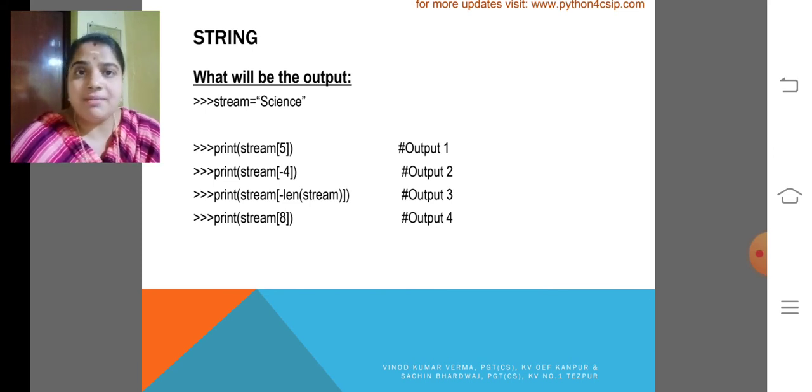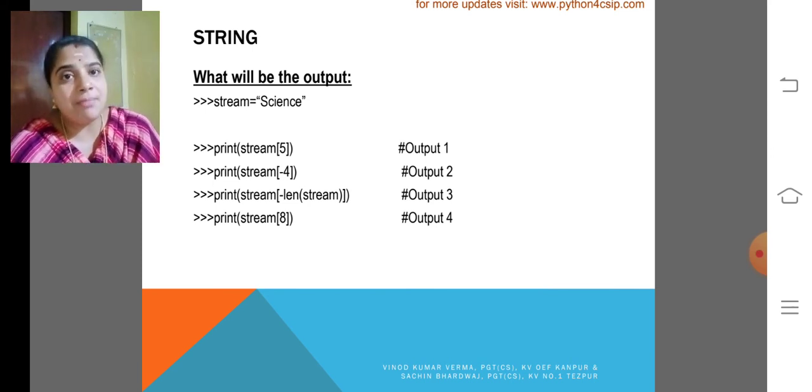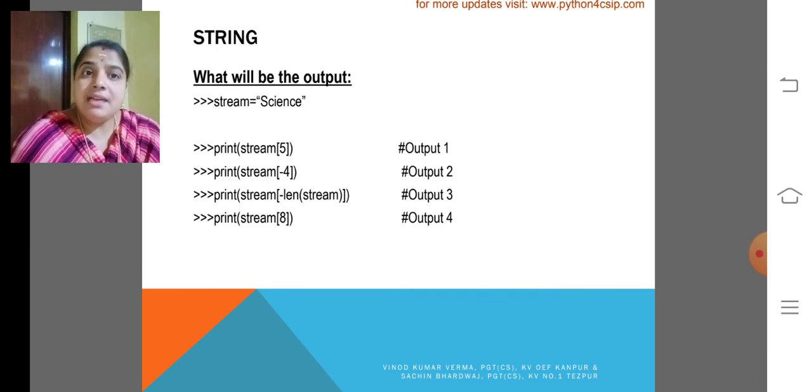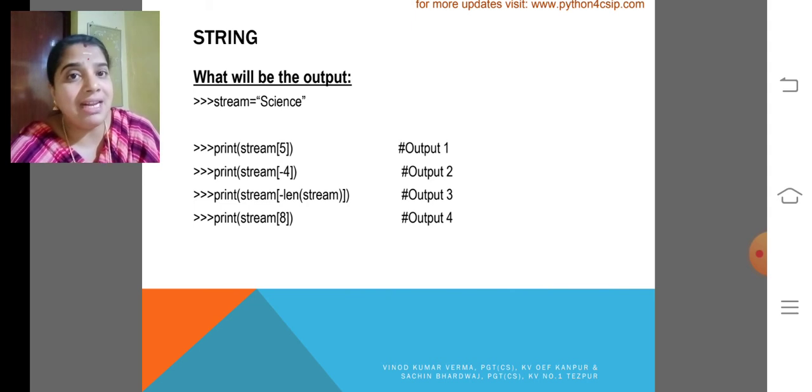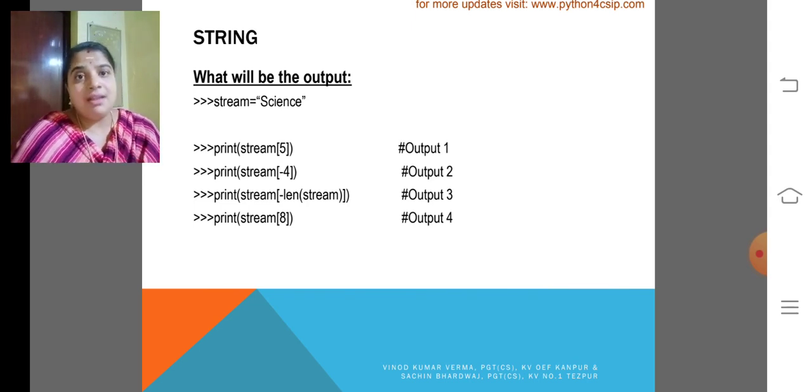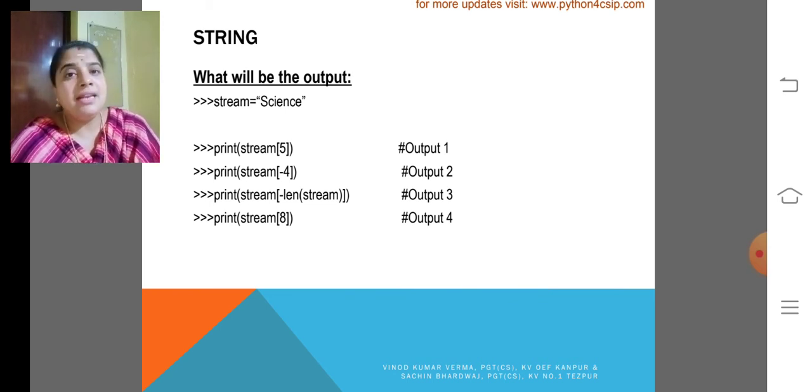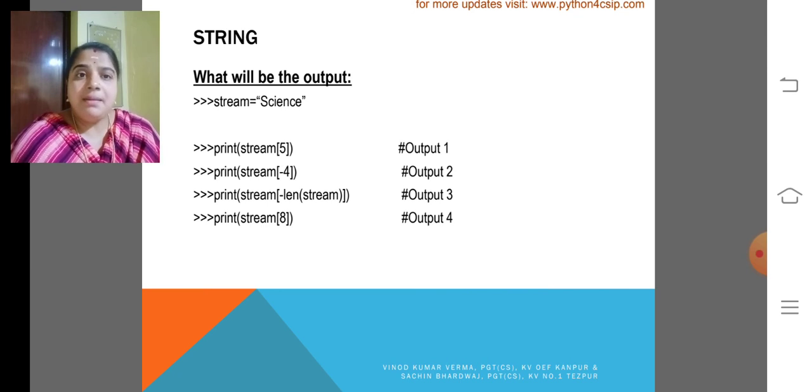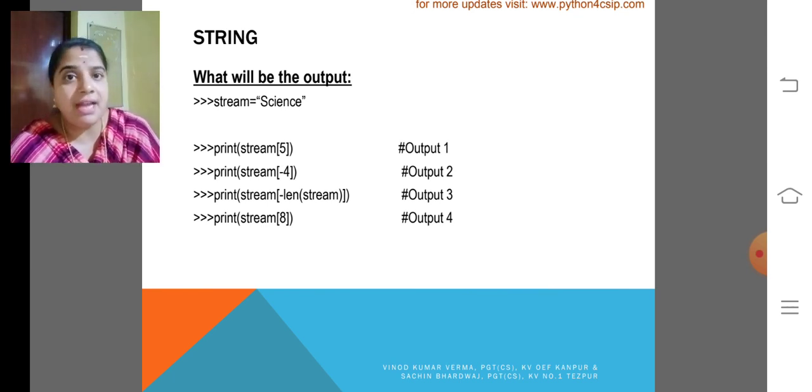Print string of 5, print string of -4, print string of minus length of string. So what we will get? Len of string, we will get the count, the total number of characters. That will be negative. Then print string of 8. So you people have to identify the output of the strings.